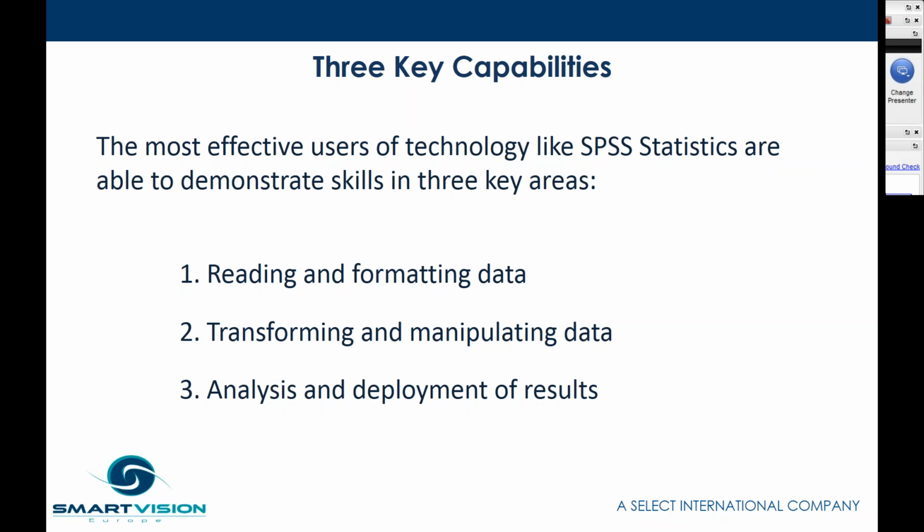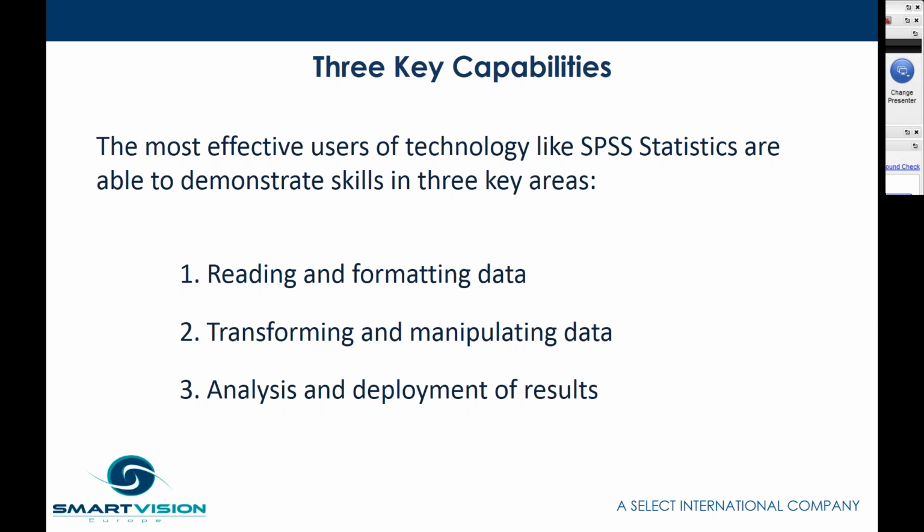Can we filter rows of data? Can we work with date and time fields? Can we band categories, band values together to create grouped variables? And then, of course, the analysis and deployment of the results is going to involve the actual statistical and descriptive analysis. And the deployment, of course, is going to refer to how we actually deploy those results back out, whether it be in the form of, I don't know, something like a simple report, or in the form of a series of values that we've created, such as predictions or forecasts